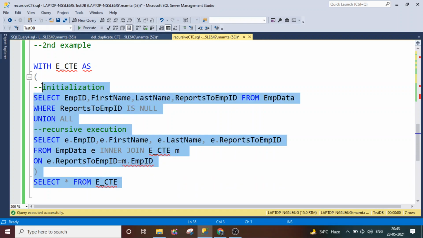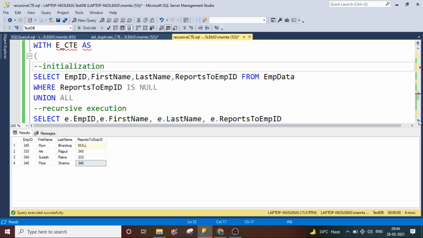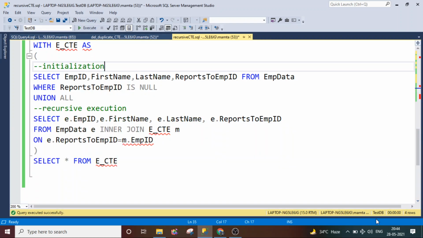Okay, I'll show you the output of this. See, it is giving the result here, like Ravi is the senior most employee and is not reporting to anyone. Then we have other employees who are reporting to other employees whose code is displayed here. So in this way you can use recursive queries. I mean, in a practical scenario you can use the recursive CTE.